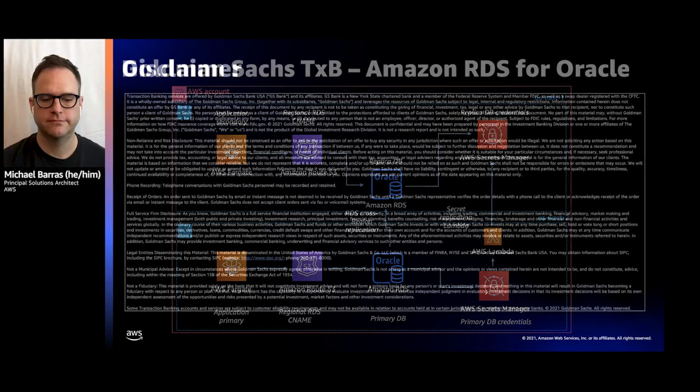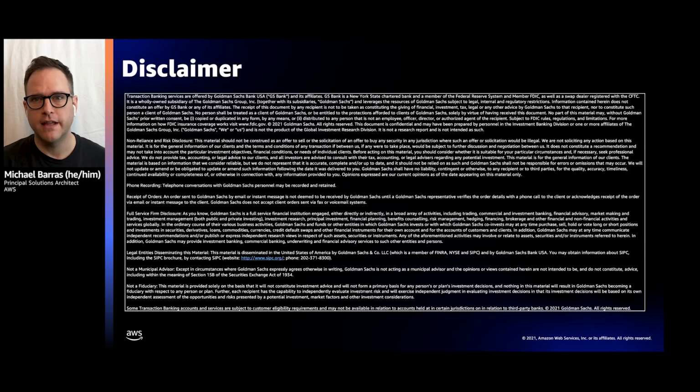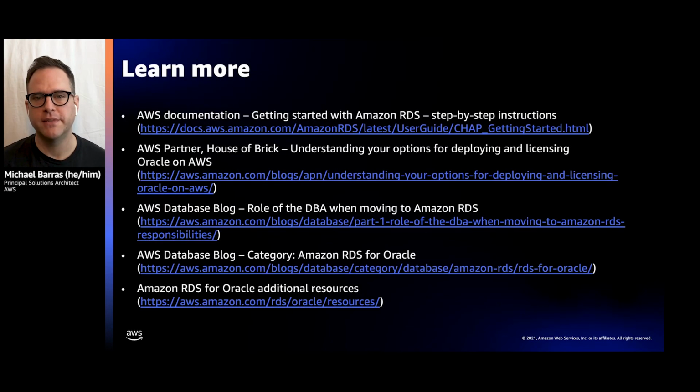Thank you. Thanks so much, John and Alistair. And thank you everyone for your time today. We've taken a look at some helpful new features that have launched with Amazon RDS for Oracle over the last year, focusing on container databases, database activity streams, and replica switchover. And we've seen how RDS helped Goldman Sachs create a digital-first transaction banking platform in the cloud. There's lots more to say about all of this, so here are some helpful references to help you on your way.